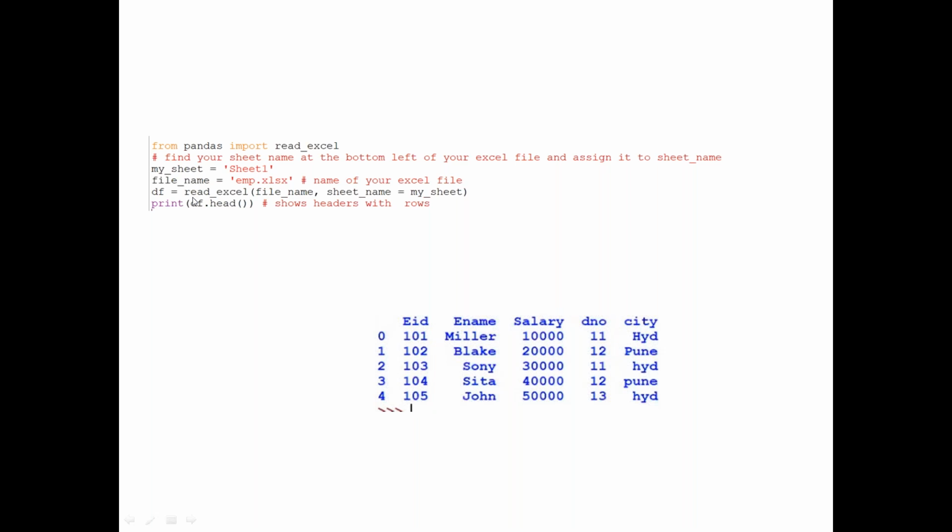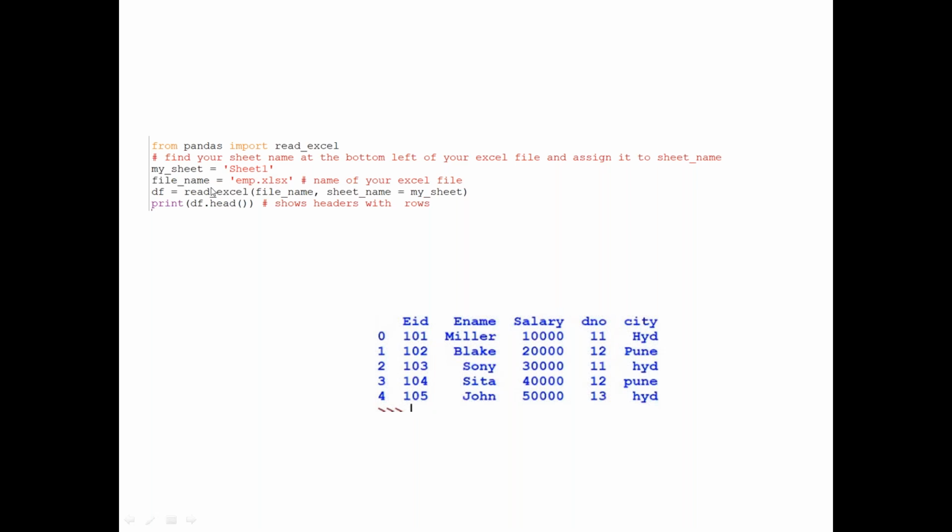Sorry, I want to read a file. So when I want to read a file, read underscore Excel is the functionality to read a file from where it exists. So the file name, comma, sheet name equal to my sheet. In the file employee.xlx, the sheet is called sheet1.